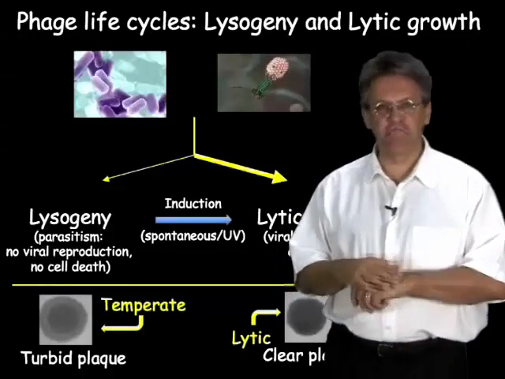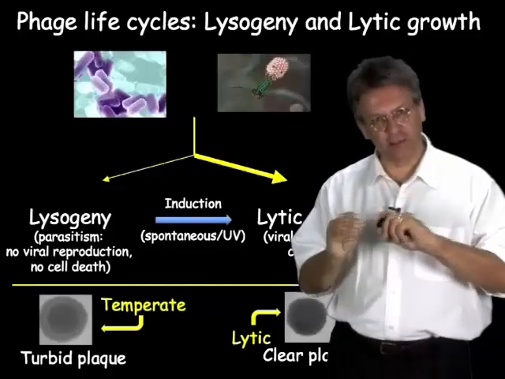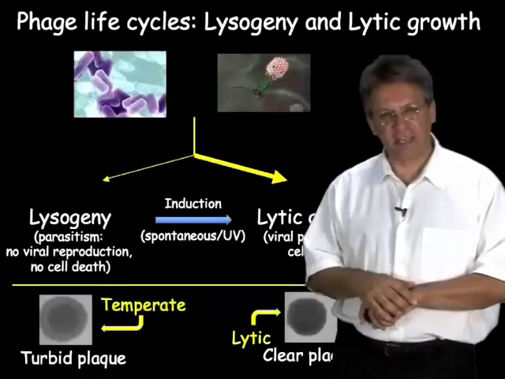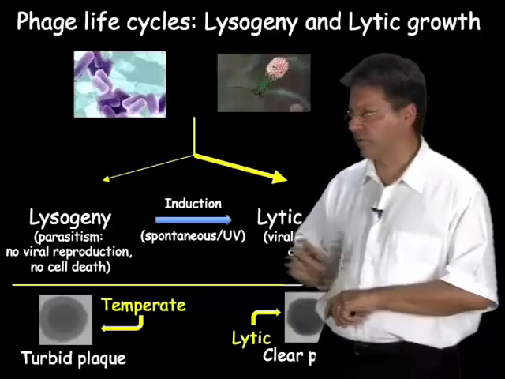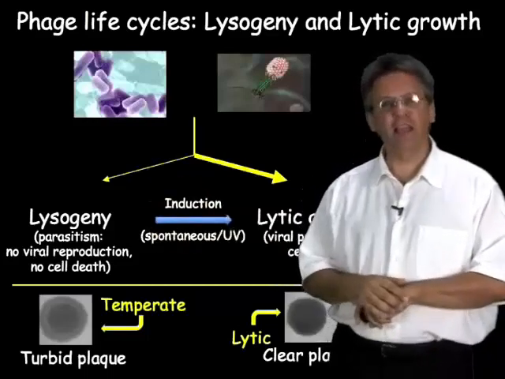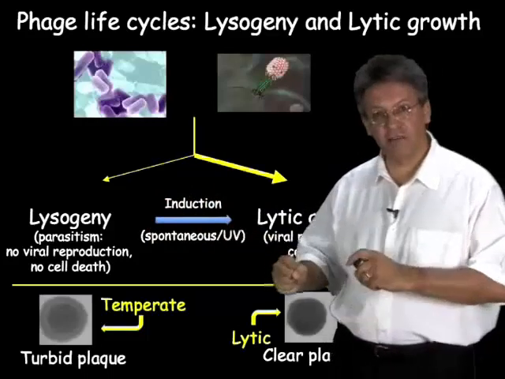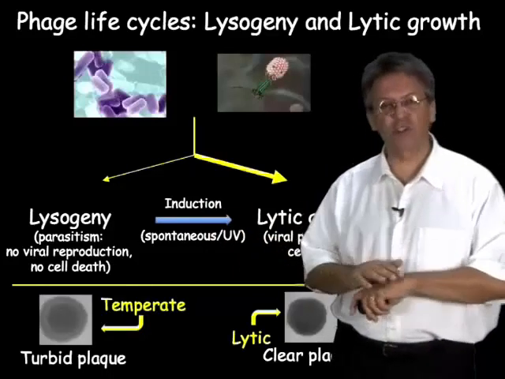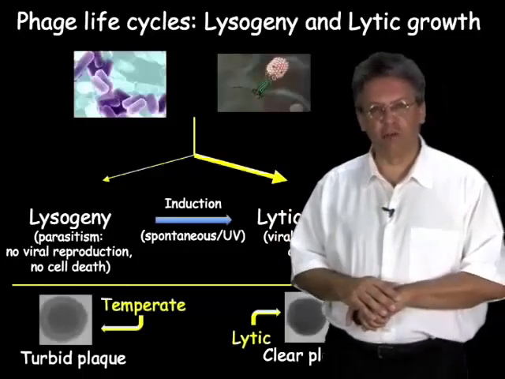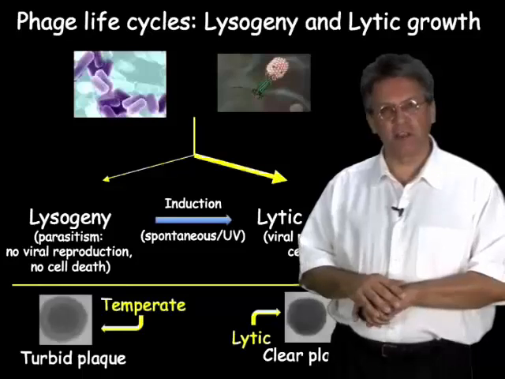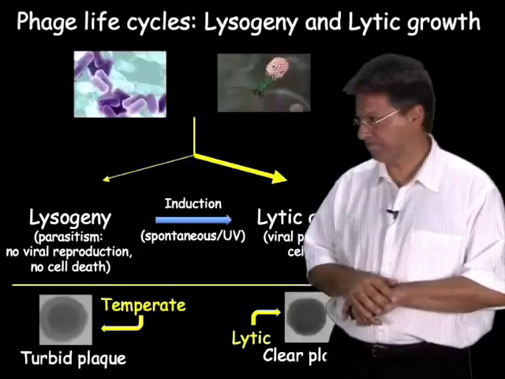And normally that occurs perhaps 80 or 90% of the times that the host cell is infected by a temperate phage. 10 to 20% of the time, there's an alternative outcome. And that alternative outcome is referred to as lysogeny. In lysogeny, the lytic genes, the genes that are required to propagate itself and lyse and kill the cell, are all switched off, they are repressed, and the phage DNA establishes itself so that it can be propagated in the long term within the subsequent growth cycles of the bacterial host.